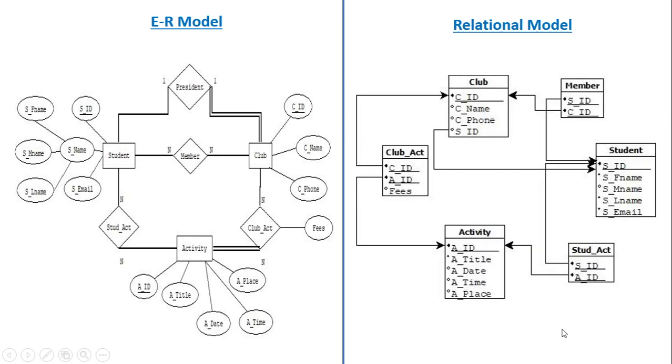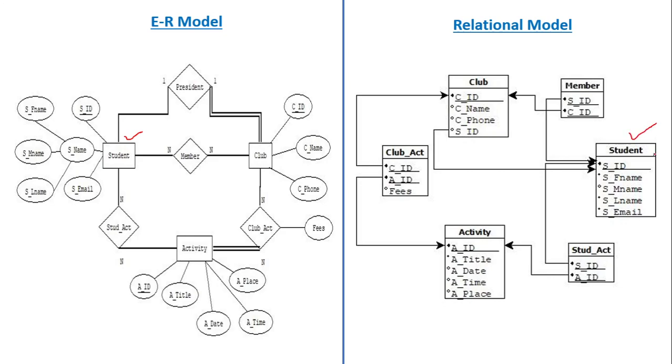So this is our relational model, and now I am going to explain how we have come up with this model. We have already gone through the rules for converting the ER model into the relational schema, and we have covered these concepts in our theory classes, so you may refer to these videos as well. As I stated, we are going to create the relations for the entity sets in the ER model. The first entity set is student. So first of all, we'll create a relation for the student entity set.